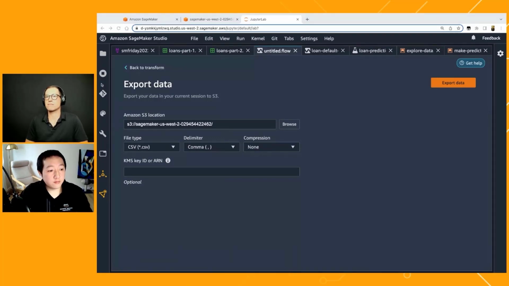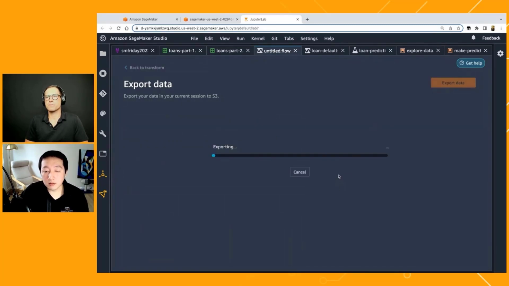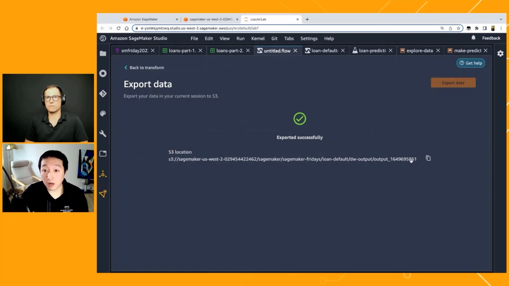Let me first export the data into this location so that later we can throw the data that we just prepared into Autopilot. So now it's exporting to an S3 location. Once the data is exported, we can start preparing an Autopilot experiment in SageMaker Studio.